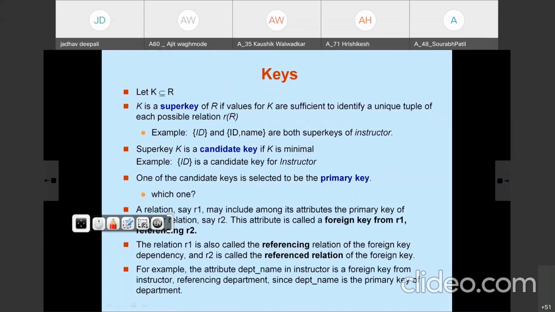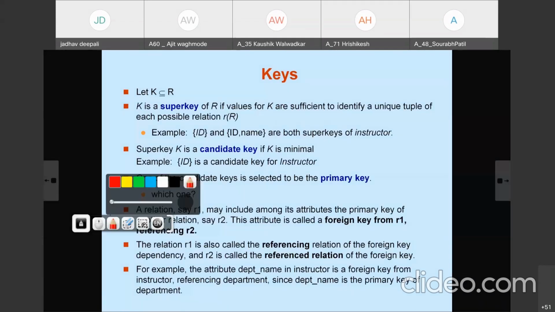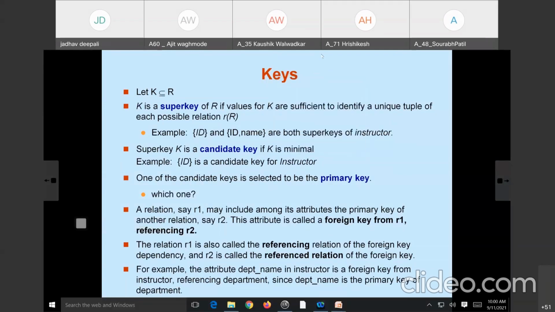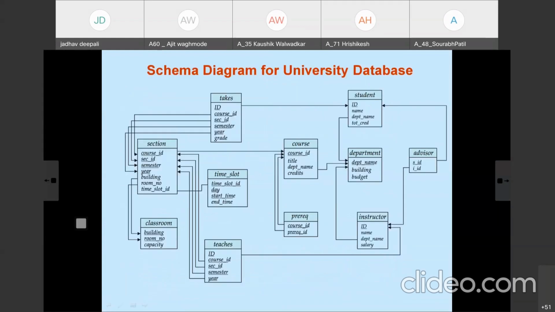Now the key. Let K be a set of attributes of a relation R. Then K is a super key if it is a set of one or more attributes that identifies uniquely the tuple of a relation.